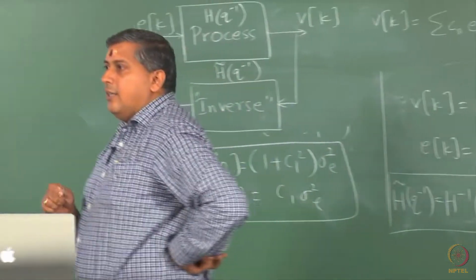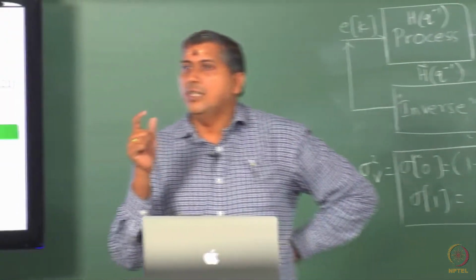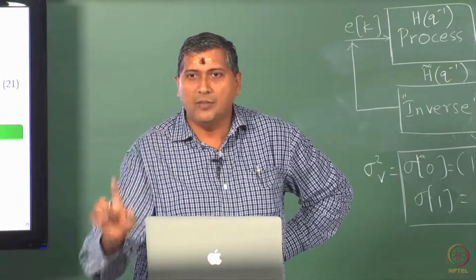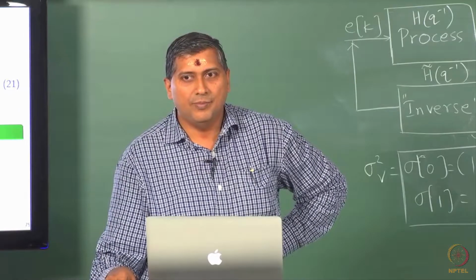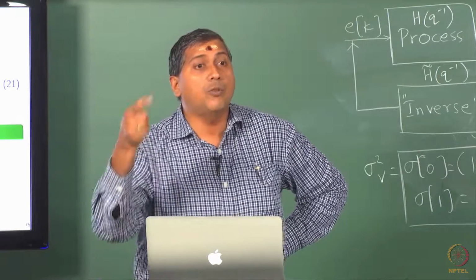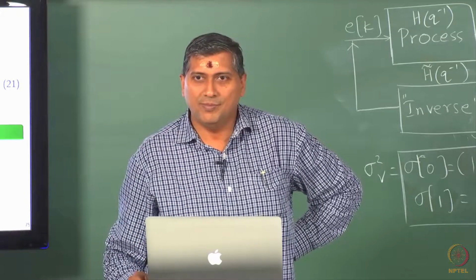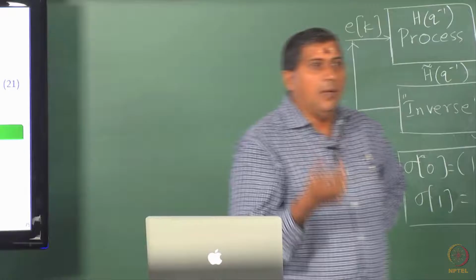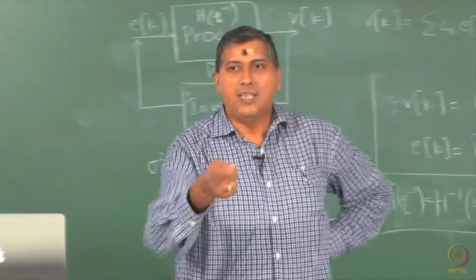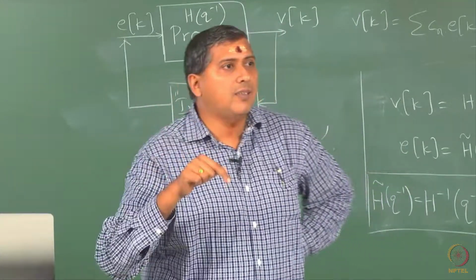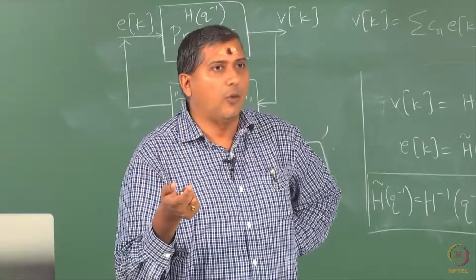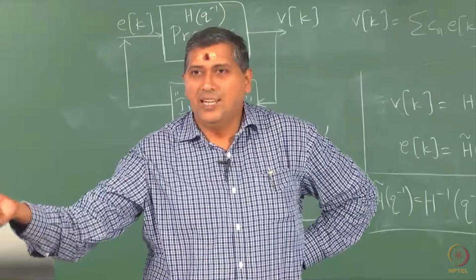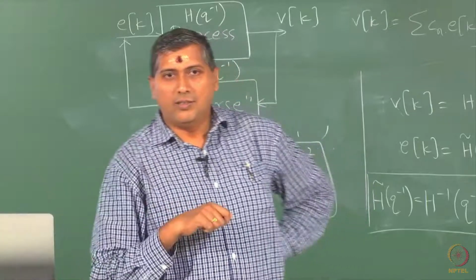alright. And if H is a finite order like your MAM, your H tilde is infinite order, right. Suppose H was autoregressive, what would be the inverse? It will be finite, right, it will be simply 1 plus D1 Q inverse. But if you cast the autoregressive in a moving average form, which we have done before once, you run into an MA infinity process, right.